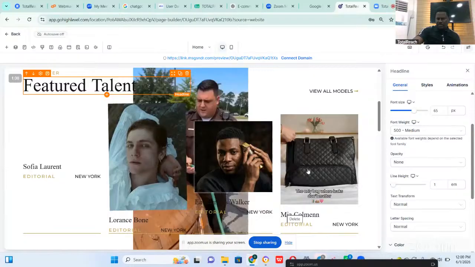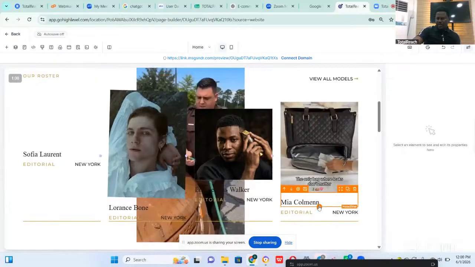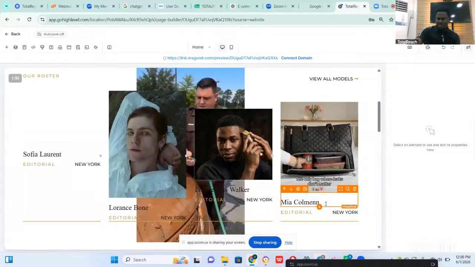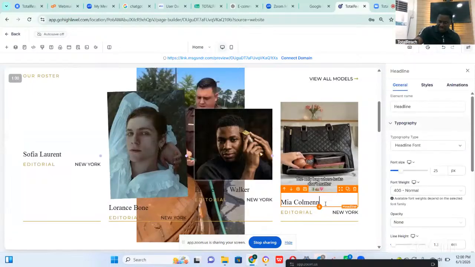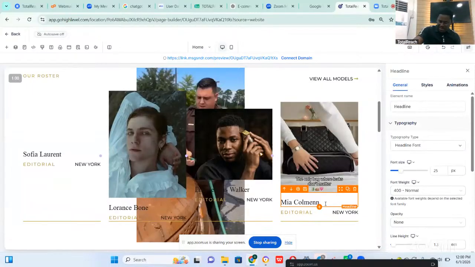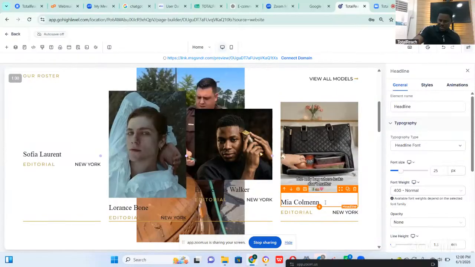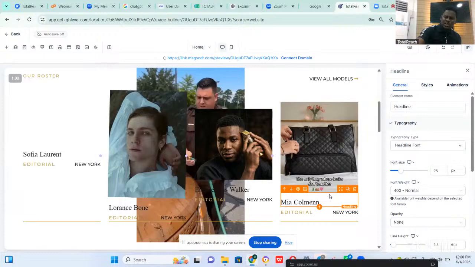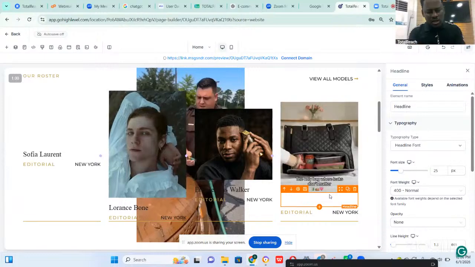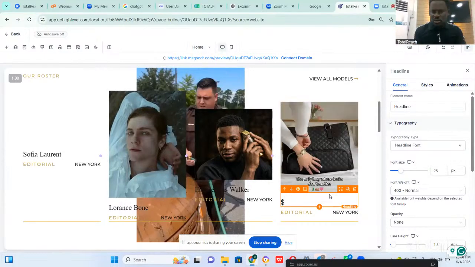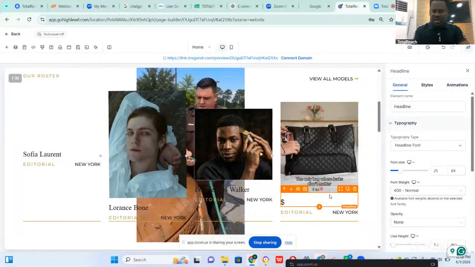Can you see now? This subtext, this is the main content here. Let's say this bag is what I want to sell. I'm the one selling the bag. Look below here, this is a subtext. You can click on it. That's why I say you can use some of their features. Now this subtext you can put, maybe dollars. You can say this bag is